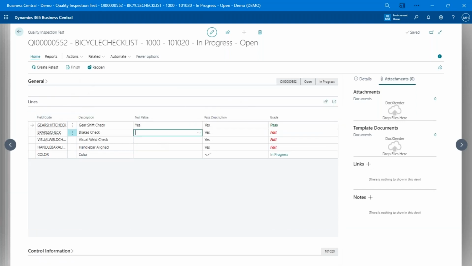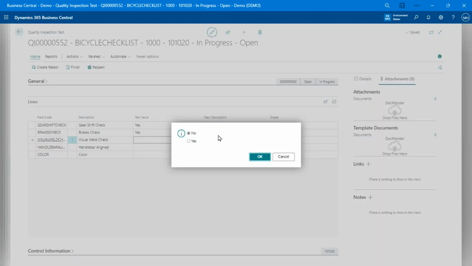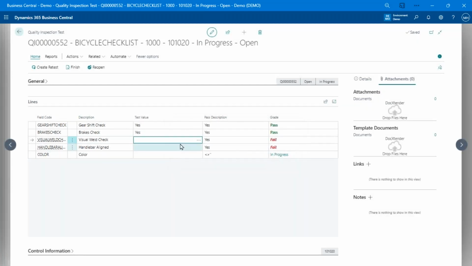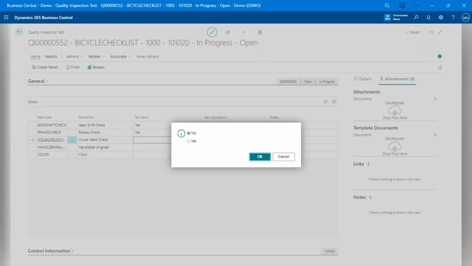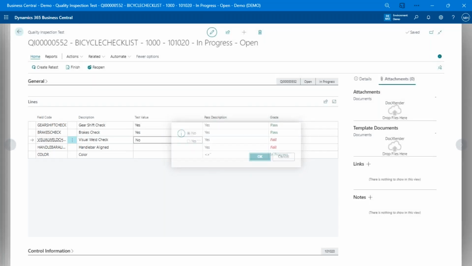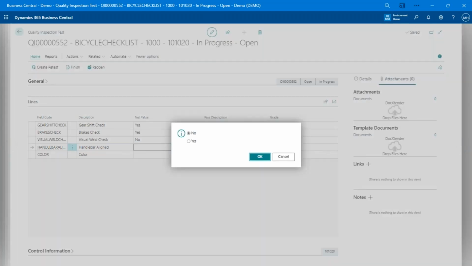And I can come in, and this one's pretty simple. I can just do the yes, no type stuff all the way down, or in Business Central, hit the Alt down arrow key to pop that up. So you don't actually have to use the mouse to do your data entry. You can keep your hands on the keyboard, and it does make data entry